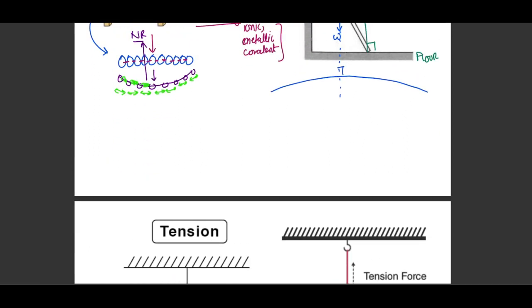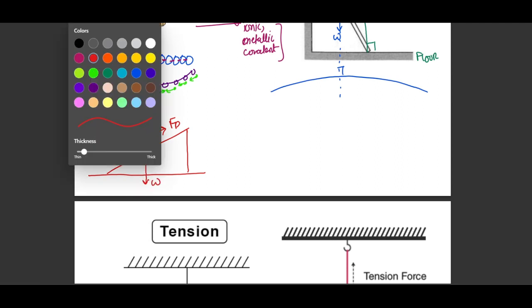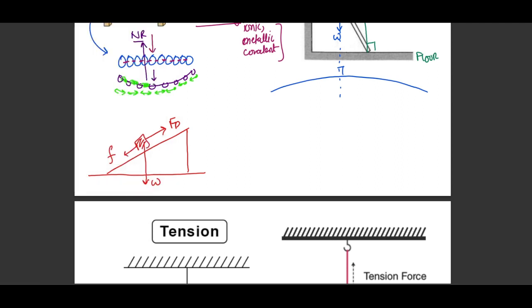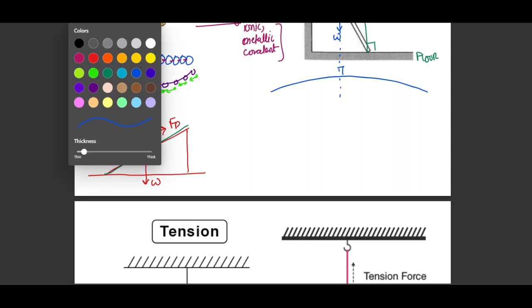Let's try to discuss a slanting slope case. For example, if we had a slanting slope case like this one, an object placed in this location, right? Let's say it is being pulled upward, so this is my driving force, then the opposing force will be friction. This will be our weight. I'm drawing a free body diagram in this case for all the forces that we've already read. Now the normal reaction has to act against weight. So this is our surface in reference, and since it has to be at 90 degrees,